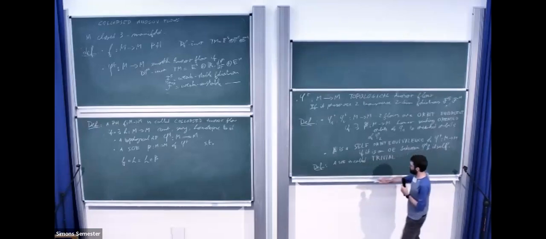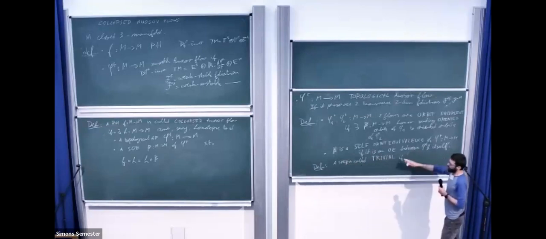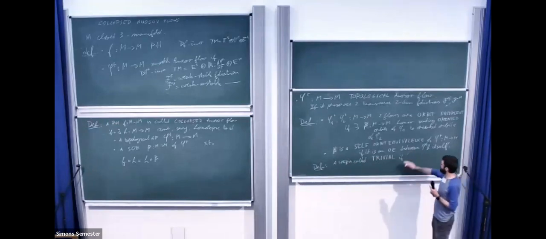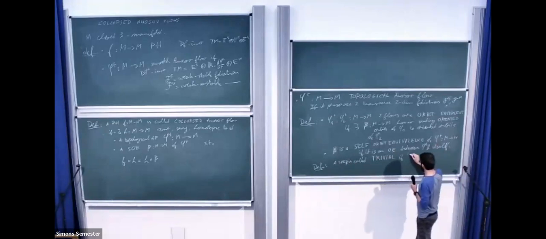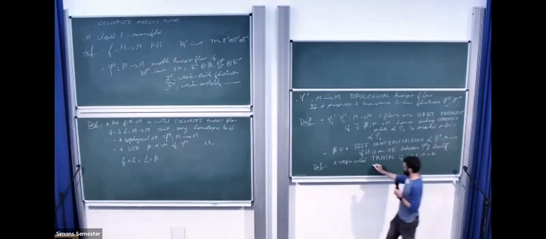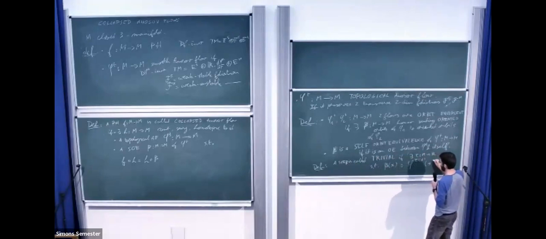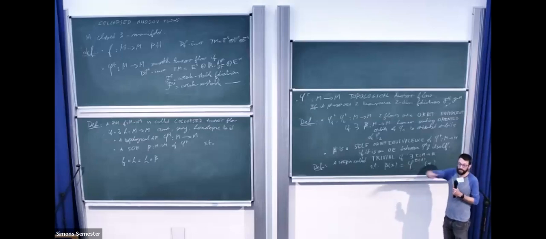A self-orbit equivalence beta is called trivial if it fixes every orbit, which equivalently means that beta is just like pushing by that flow for some time. If there exists a map tau from M to R such that beta of x is equal to phi of tau of x. Okay. So the trivial ones are the ones that fix every orbit, just change the parametrization. Cool.